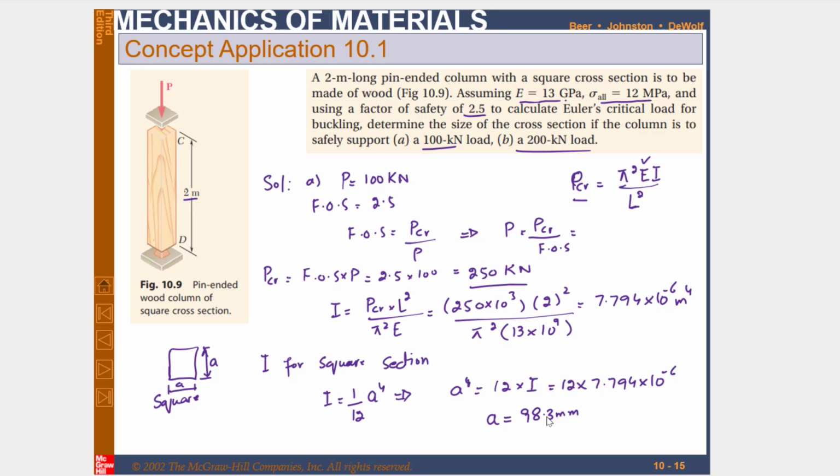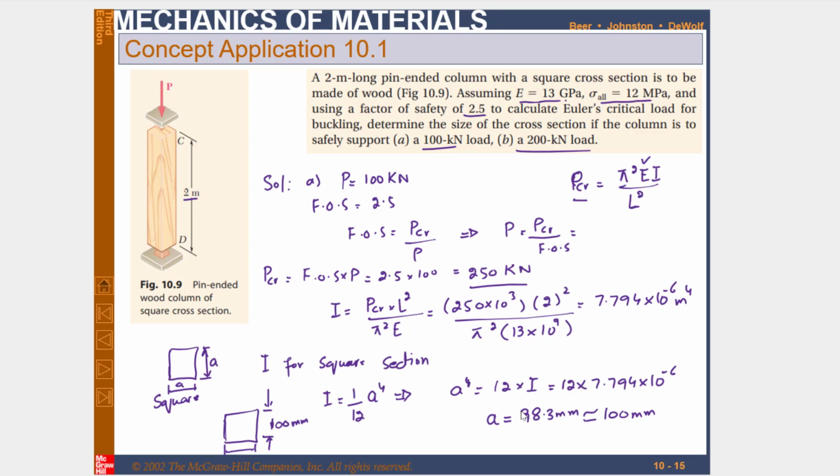So you can say that A is approximately equal to 100 millimeter. So this is the cross sectional area, 100 millimeter by 100 millimeter square cross section, selected for the load of P 100 kilonewton that will not buckle,